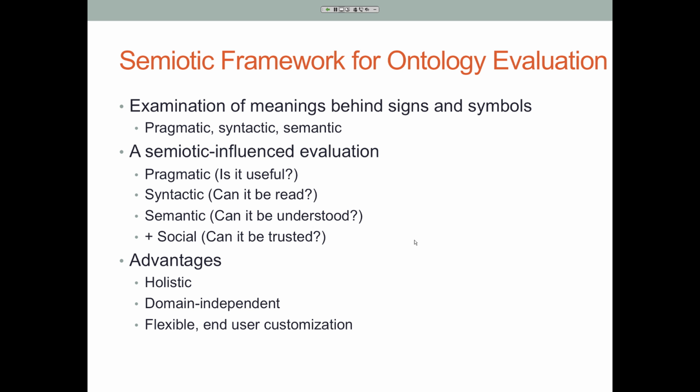So we still have some time. I want to briefly discuss ontology evaluation. Ontology evaluation is important for all ontologies, but for our patient education ontology, we want to be very careful because we don't want to deliver false information to our users. So we started to develop an ontology evaluation system we call OntoKeeper. So we can see how good the ontology is from different perspectives. We want to focus on: is the ontology useful? Can it be read? Can it be understood? Can it be trusted?